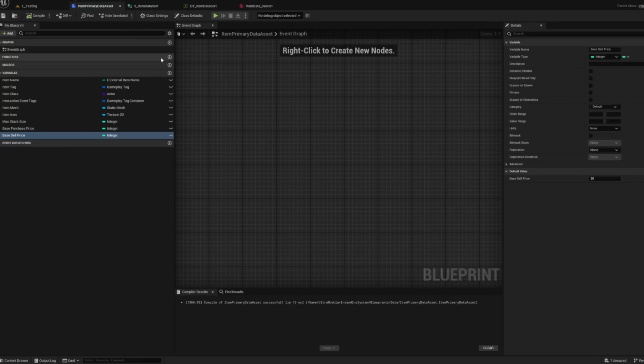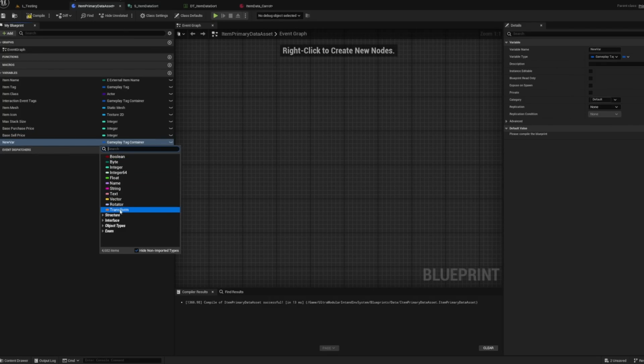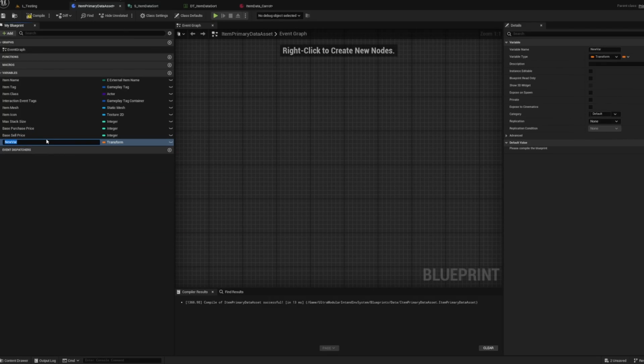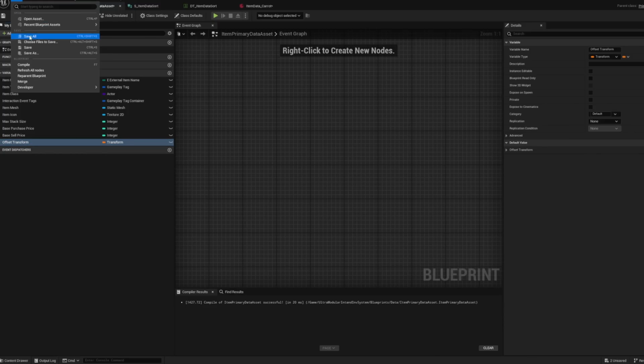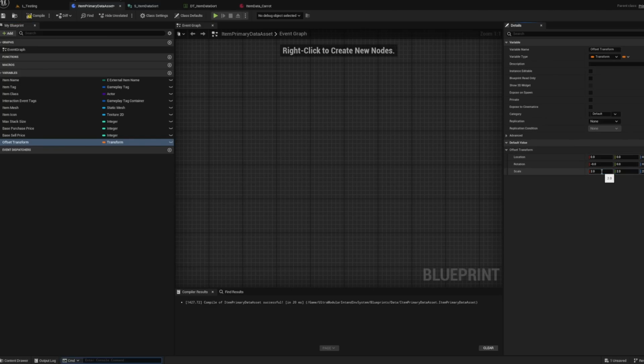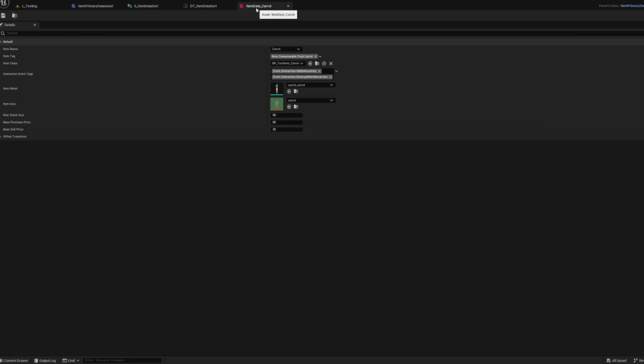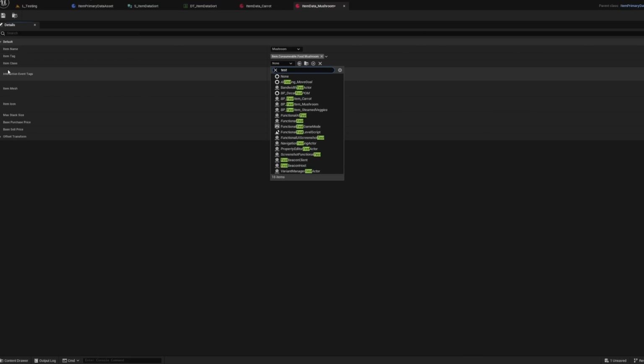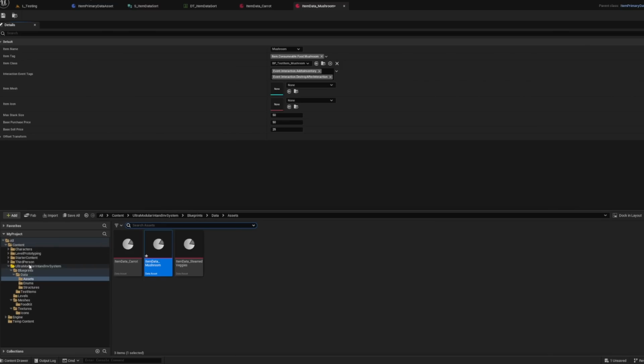Let's jump back into our item primary data asset and make a variable of type transform and put offset transform. And usually in the food kit, the meshes come in a little small. So I'm just putting this here to scale everything up a little bit so we can see it a little better. So we have the item carrot. You can skip ahead, but I'm going to just fill out all this information real quick in each one of the data assets. And in the item class variable, I'm just searching for those random blueprints we made at the